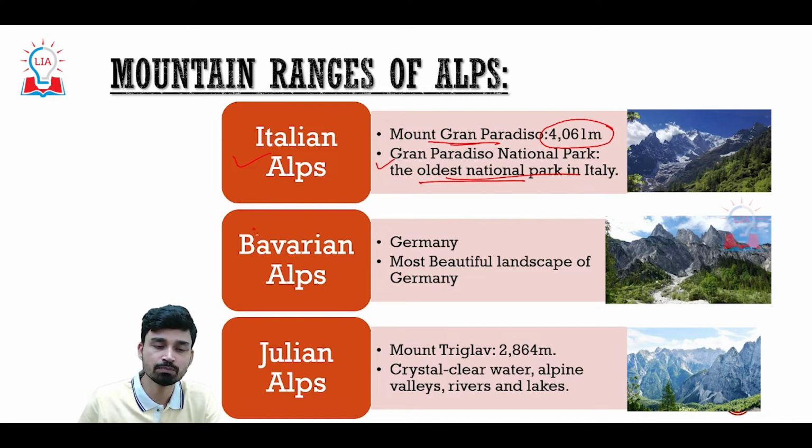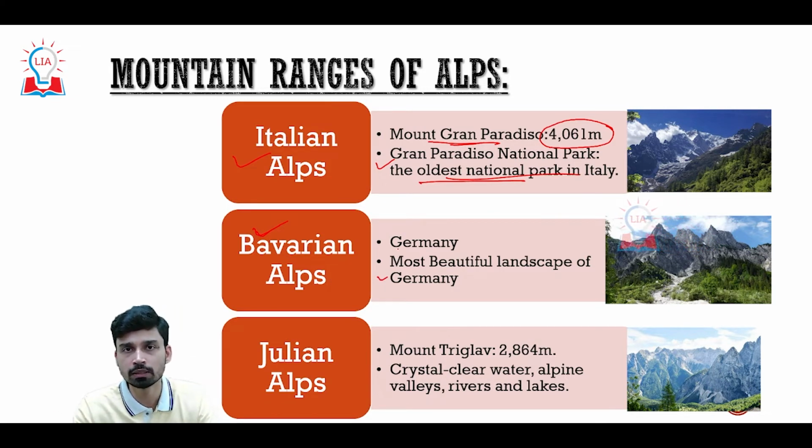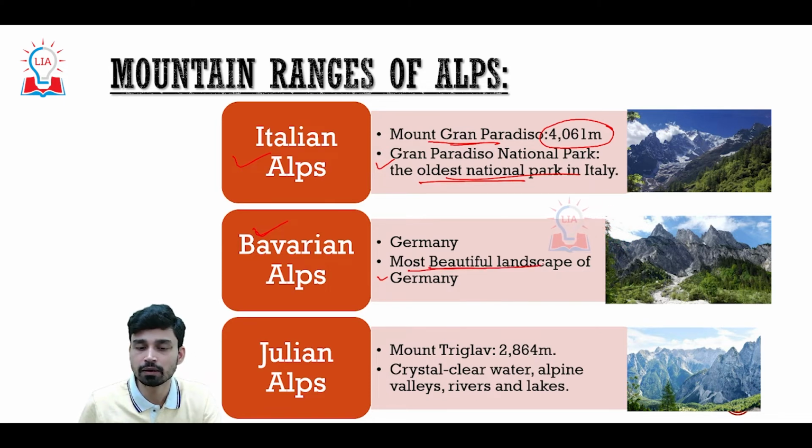Next we have the Bavarian Alps. Bavaria is a region of Germany, and though its height is relatively lesser compared to other parts of the Alps, nonetheless it is considered to be one of the most beautiful landscapes